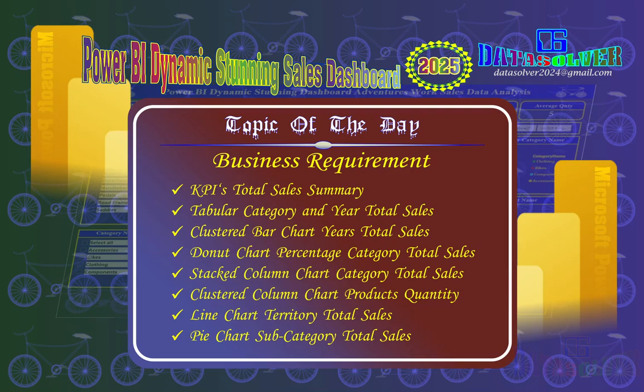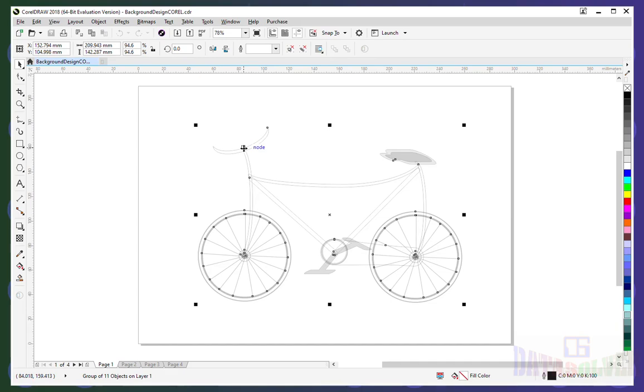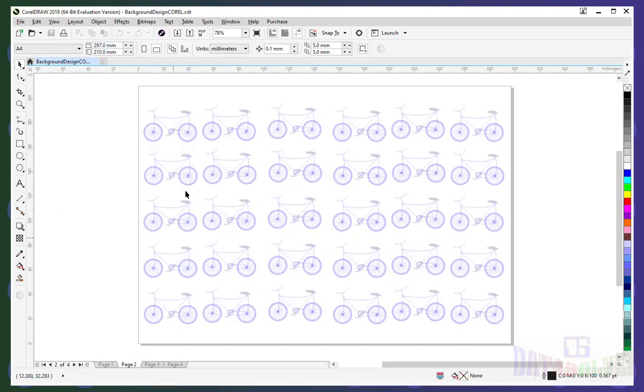Another thing I need to show you in this tutorial is the CorelDRAW background design for this dashboard. I'm going to load our CorelDRAW to show you what we did to design the background, and it's loading. There you go, this is our CorelDRAW. If you click here, that's the image vector, the created vector bicycle image, and the second step is we multiply the bicycle image to 5 by 6 rows and columns with lighter blue, and the third stage